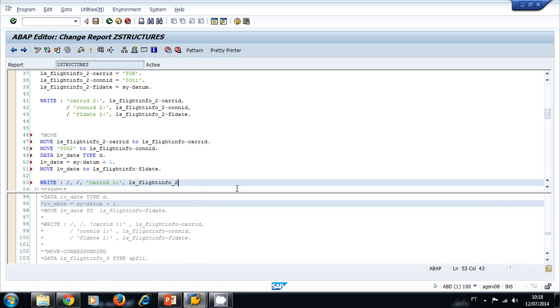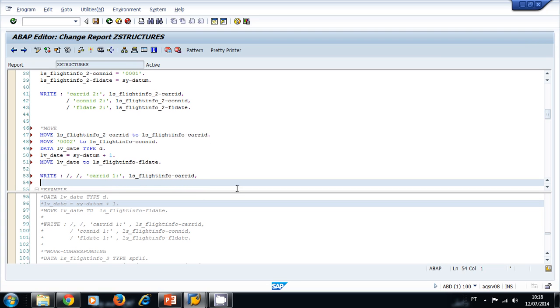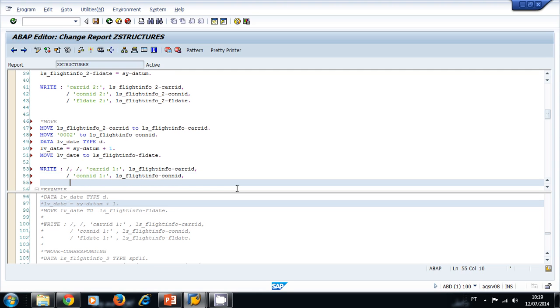So we write the car ID, then we include another new line and we write the con ID. And finally we write the date. So the FL date, the flight date of the first structure,